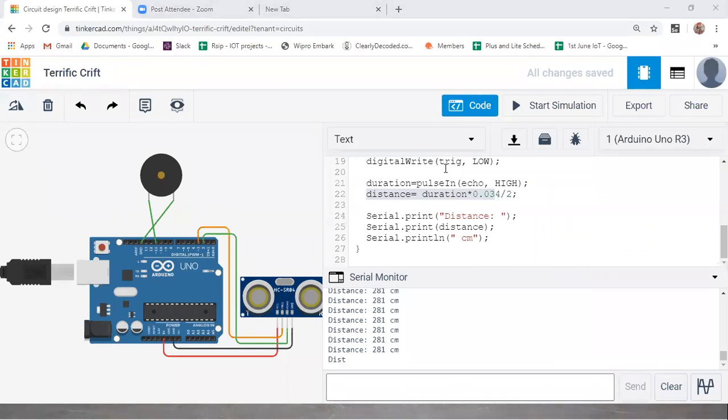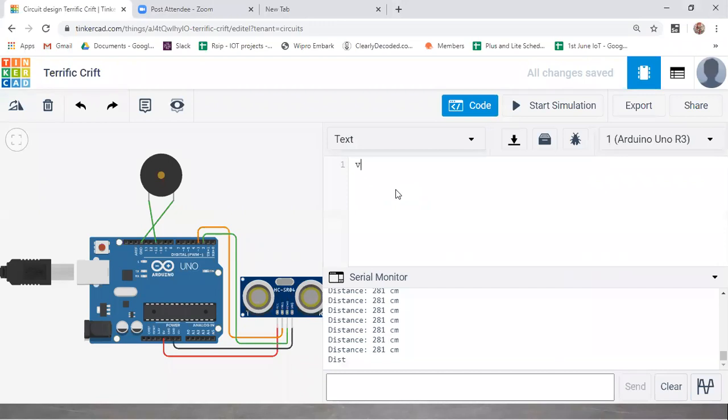Code. First, we'll try to operate this. So how to enable it? Void setup, the similar way. Then pinMode. Which pin have you connected? 11. So the 11th pin, which is output. I'm not going to print anything here. Next, void loop.